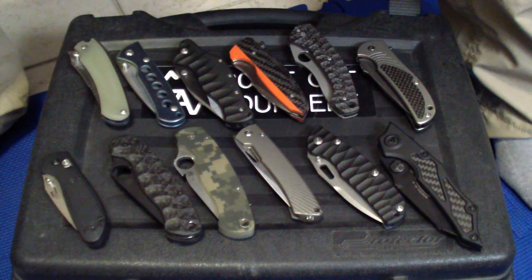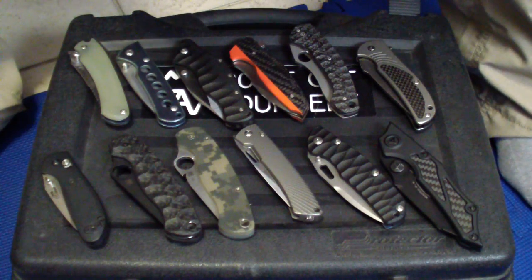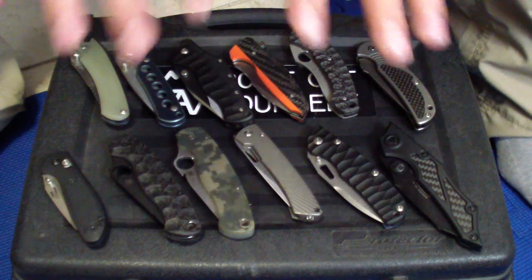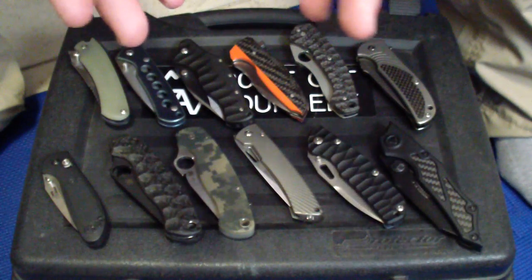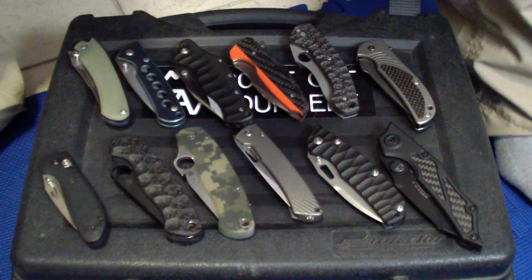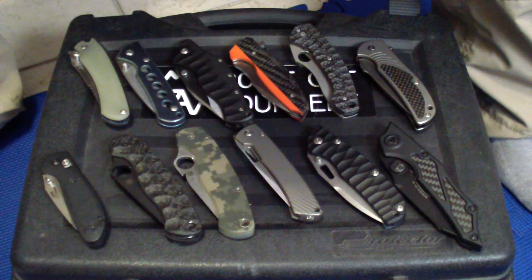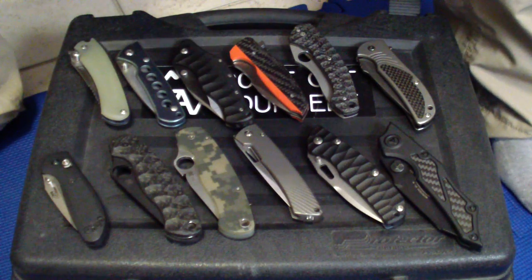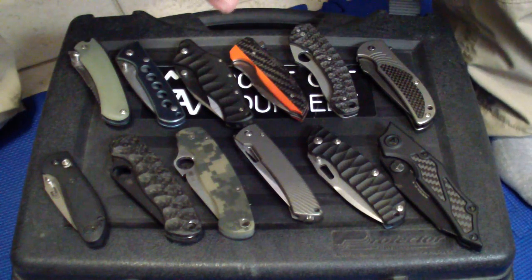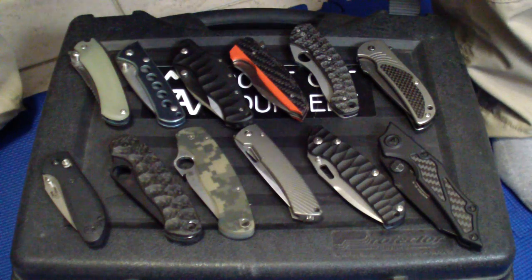I used to have a lot of different small, cheaper folders that I loved, but I did sell them because it was getting to the point where I had too many and I didn't carry them anyway. There were certain folders, most of them you see here, that I just loved carrying and loved using. And at this point it really is just because of the cool factor, because the cheaper good knife will perform just as well, sometimes even better, but it's that pleasure of